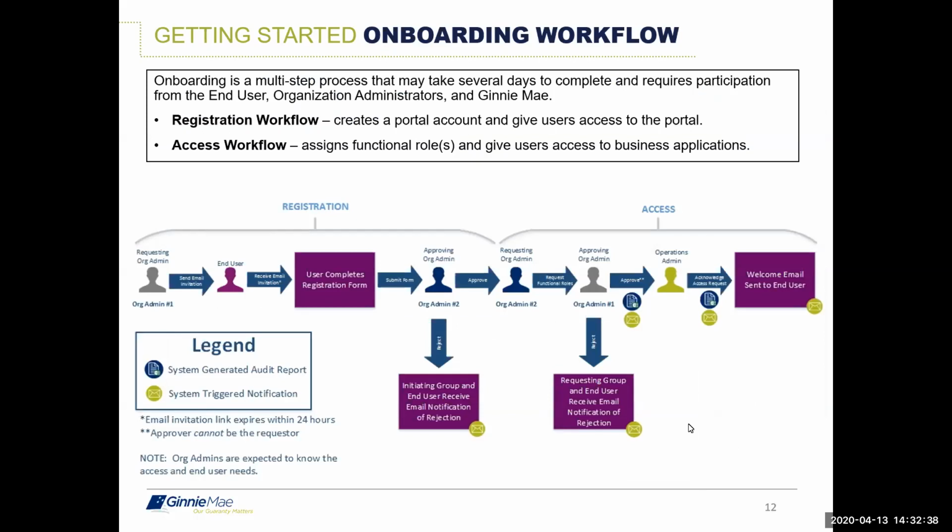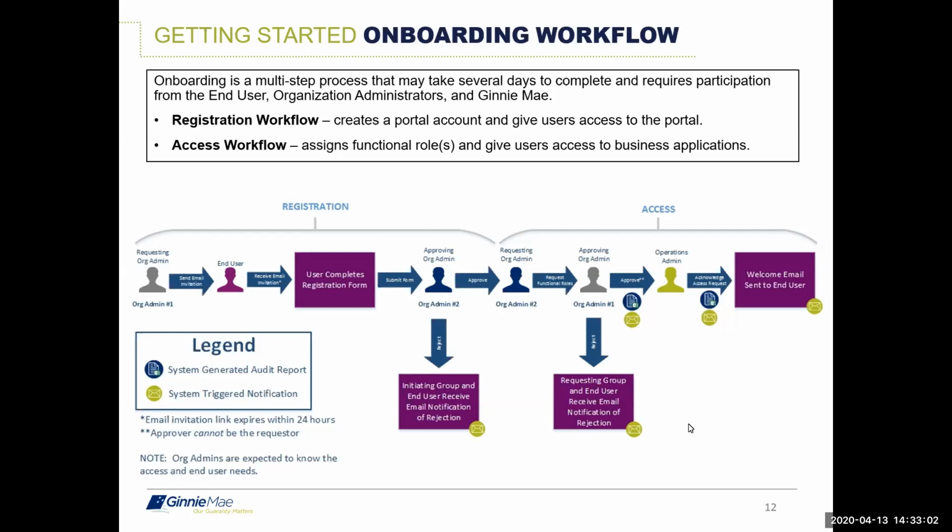If an organization administrator needs to receive an end user functional role, or if someone is not available or out of the office, you're always going to want a backup. And this workflow requires 2 organization administrators. Here's how it goes. If you start off on the left-hand side, you can see the person in gray is